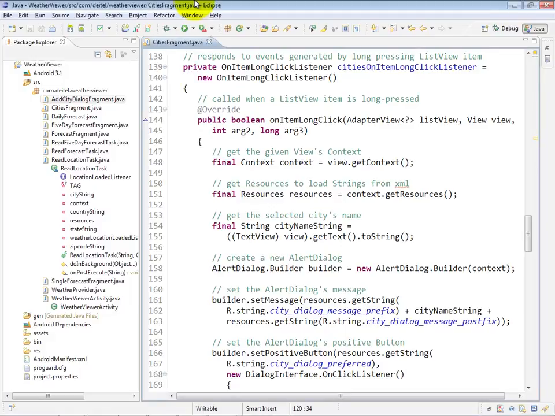When the user long touches one of the items in the CitiesFragments list view, the OnItemLongClick method of our OnItemLongClickListener is going to get called. And basically all we want to do in this example is display an alert dialog that gives the user several choices. And those choices are whether to set the city as the preferred city,